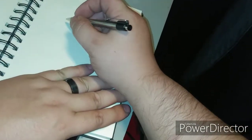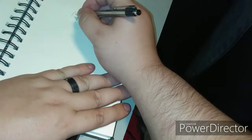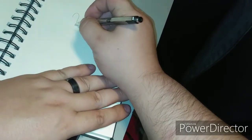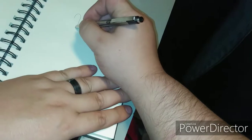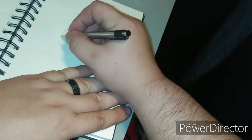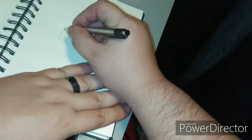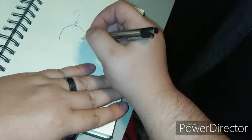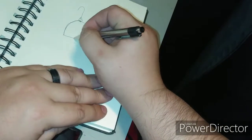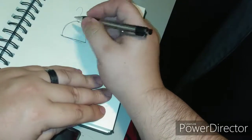Alright, so my idea is an earring. So this is the hook. It's going to be a ring for the hook to be on, and then attach to that ring it's going to be this kind of a shape, little dome. Across that dome, this is going to connect it. So it's just going to be a bar. So just two pieces,